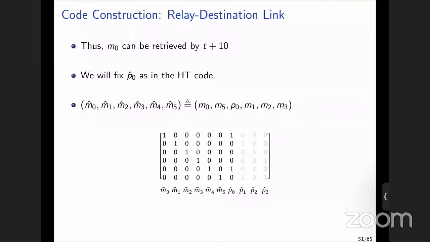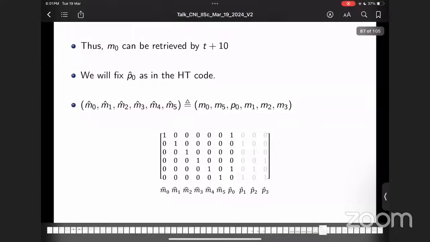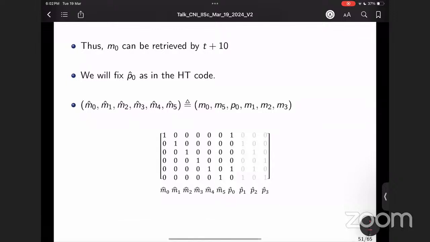Yeah, sure. So P0 cap, I'll fix as it is. What I have shown here is the full HT code generator matrix. I am freezing all these columns, so even in our construction, we are going to retain all these columns. All these parts are the same. Obviously the initial 6 columns are the identity matrix, and the P0 part also I'm fixing, thanks to the fact that M0 I am able to recover on time. The remaining 3 columns I need to change.